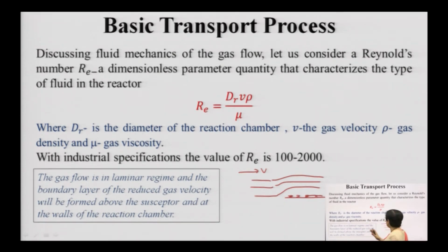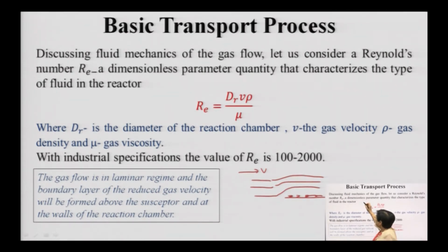So, you need to know what exactly is happening within this: V initially was high, how V is getting reduced, what exactly is the material, and what exactly is the phenomenon happening. You must know all these things, because this will give you the boundary conditions and boundary layers, and how these three parameters are controlling, that is concentration of the gas, temperature and pressure. These are the three controlling parameters, and you must know how these dependencies behave within the horizontal chamber, and therefore this concept is introduced over here.